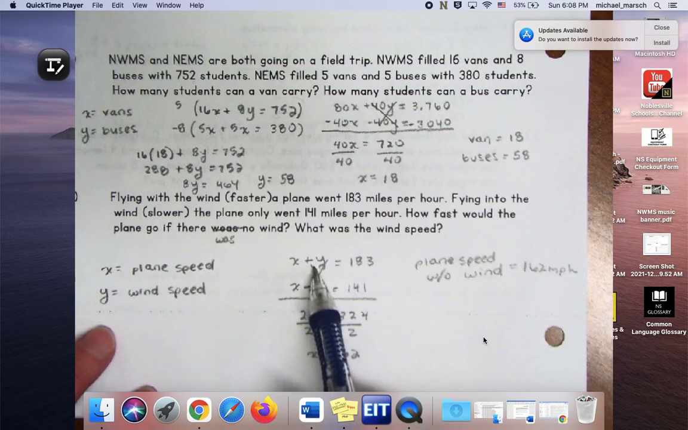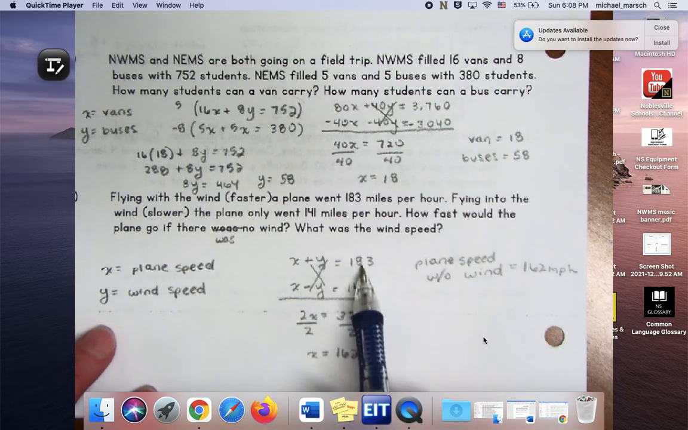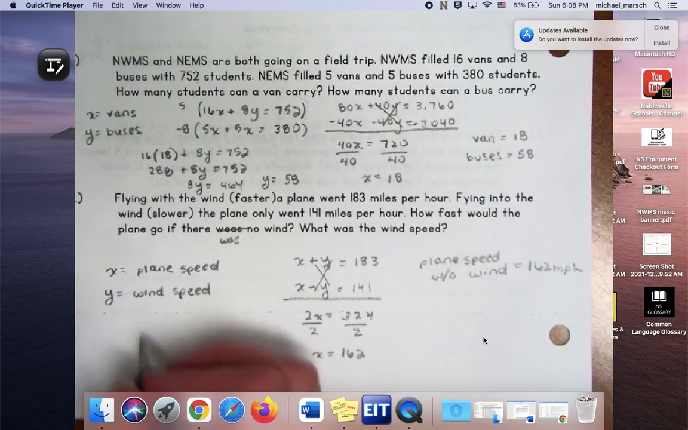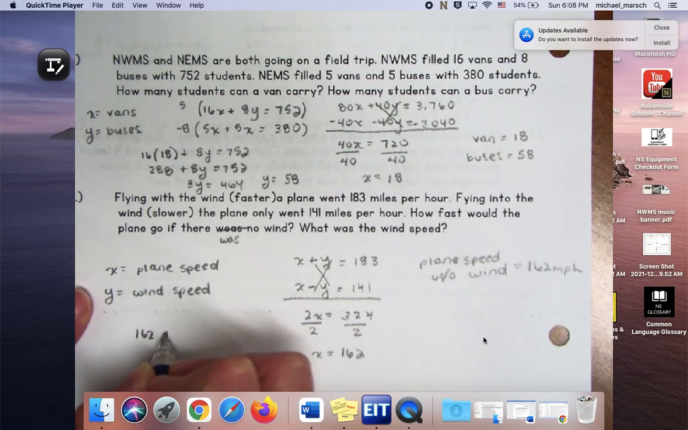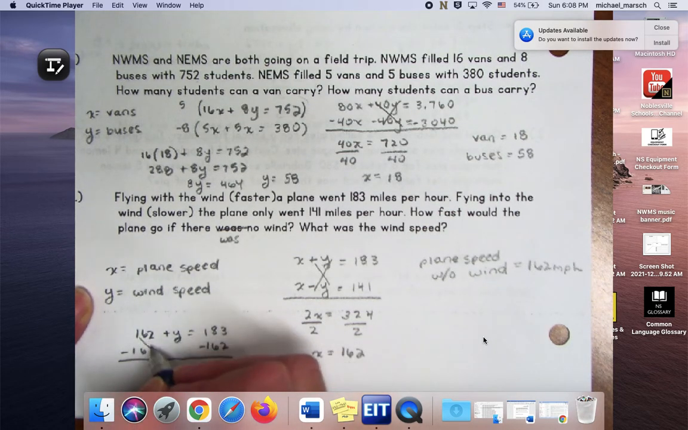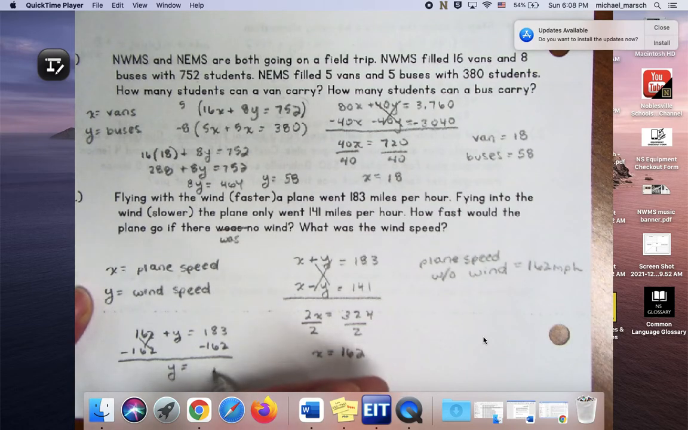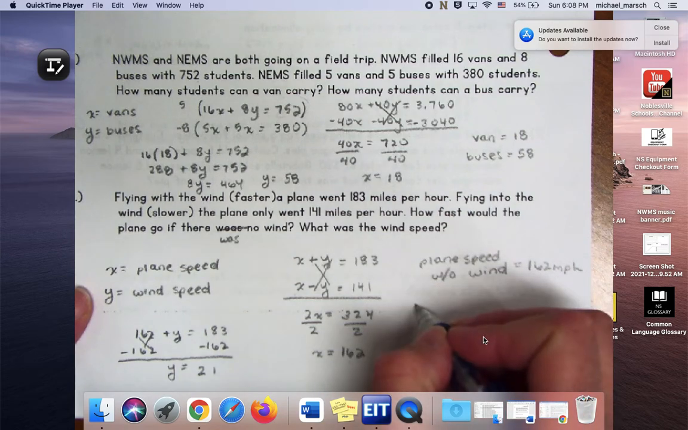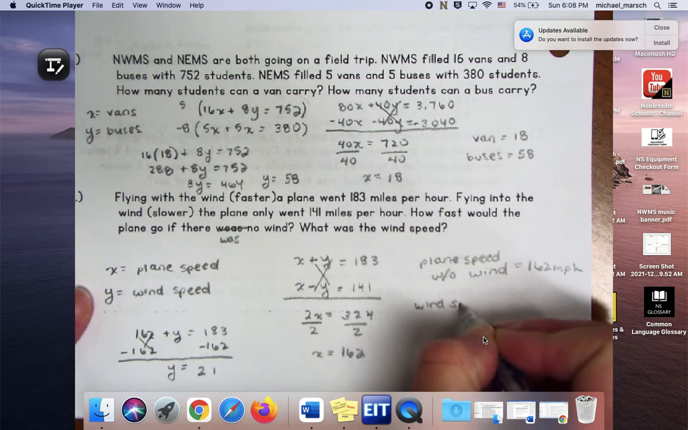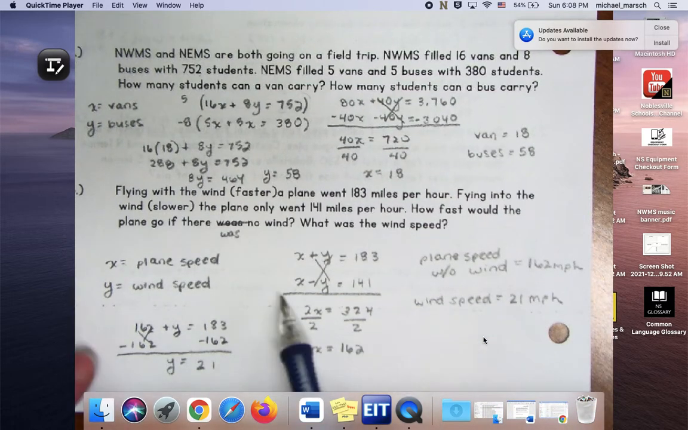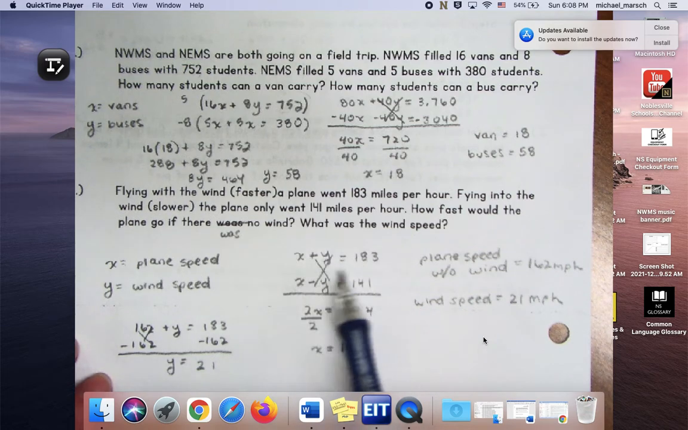Well, if I put 162 plus what equals 183, or 162 minus what will give me 141. So I'm going to say 162 plus what gives me 183. Got a simple one-stepper here. Subtract 162 from both sides. Y equals 21. So the plane speed without the wind is 162. The wind speed equals 21 miles per hour, which makes sense because you're going to go 21 miles per hour faster with the